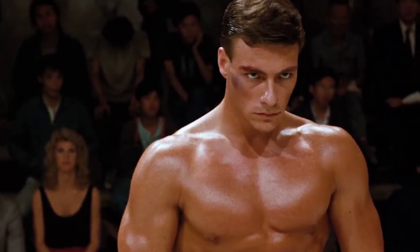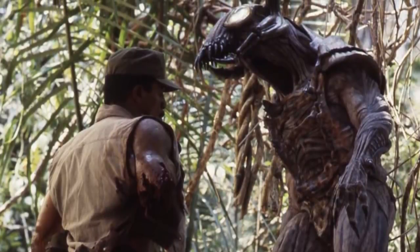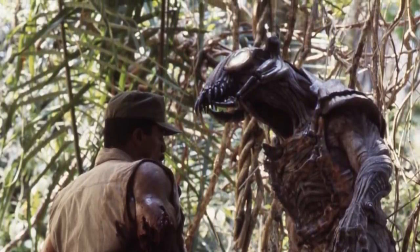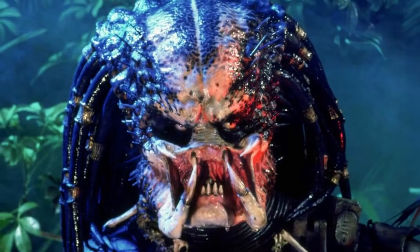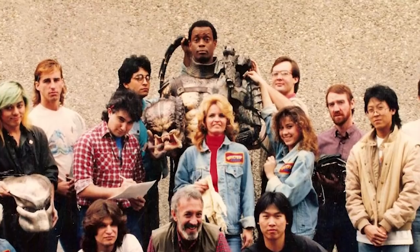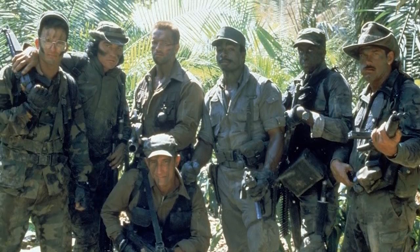Adding to all that, legendary martial artist and action star Jean-Claude Van Damme was originally supposed to play the creature, which initially looked very different, but Van Damme was fired after disagreements with the director on him continuing kickboxing, among other problems working with him on set. The monster's appearance was ultimately workshopped into what it is today with the help of James Cameron, no less, but even then, the look proved tricky. The actor they hired to play the new, more physical creature, 7'2" Kevin Peter Hall, couldn't see out of the mask. Despite all of this, the film became a cult classic, making almost $100 million worldwide and leading to a